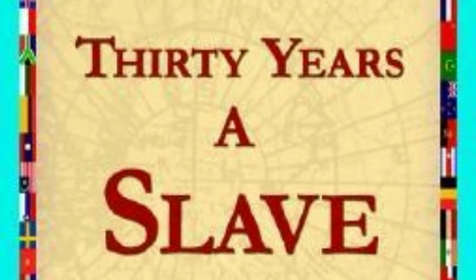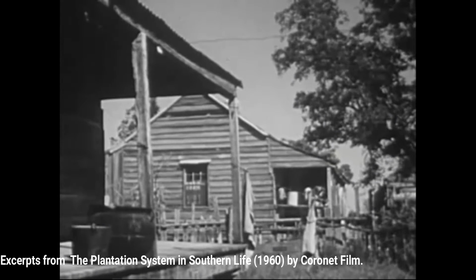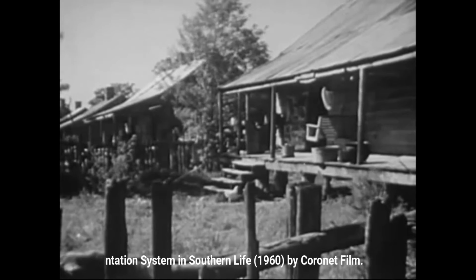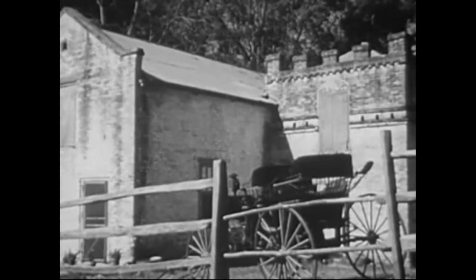The book Thirty Years a Slave, From Bondage to Freedom: The Institution of Slavery as Seen on the Plantation and in the Home of the Planter, is available as a free PDF or as a free audiobook from LibriVox. The links are below. It was written by Louis Hughes and first published in Milwaukee by the Southside Printing Company